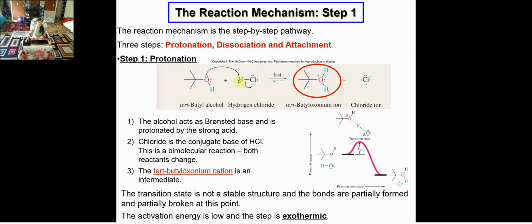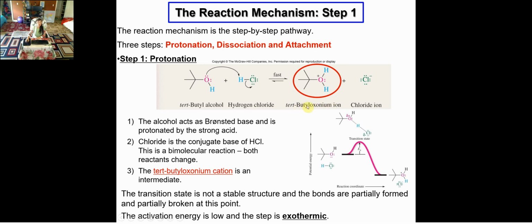Let's see. In your HCl, your hydrogen is partially positively charged. Your oxygen has two lone pairs, and these two lone pairs are going to be attracted to the hydrogen, resulting in the bond cleavage between hydrogen and chlorine. So you form a chloride. This hydrogen is going to be bonded with your oxygen. Due to the lack of electrons, your oxygen becomes partially positively charged. So in this case, this compound is called an intermediate, we call it